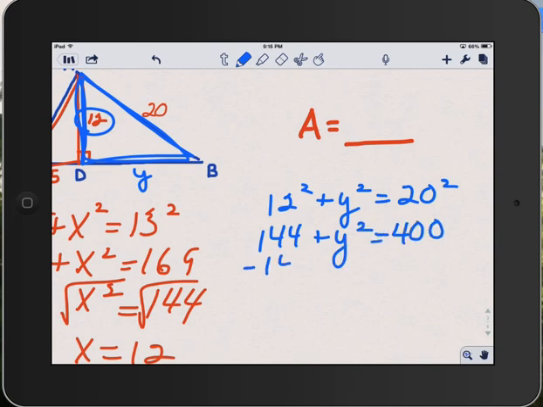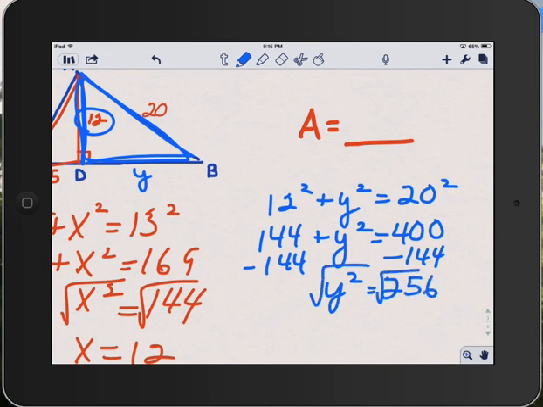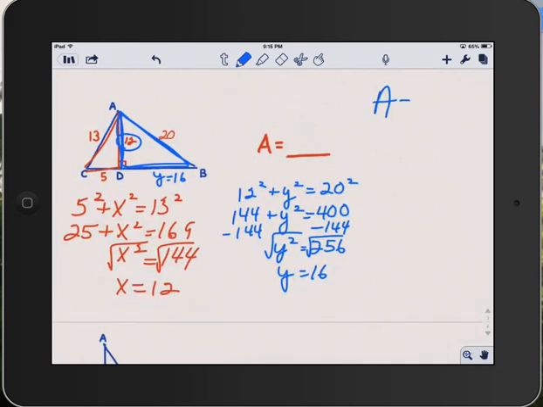We subtract 144 from each side of the equation. We get y squared equals 256. So y equals the square root of 256, which is 16. So y equals 16. So now, to find the area of the triangle, we say the area equals 1/2 times